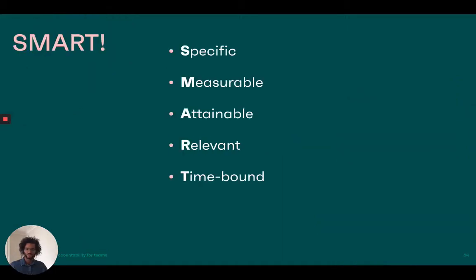So the SMART framework is a useful technique that can help you write goals in a more meaningful way. It stands for specific, measurable, attainable, relevant, and time-bound, and I'm going to illustrate what it means with a simple example. Say I have this rectangle and I come to you, and then I say, hey, can you please swim